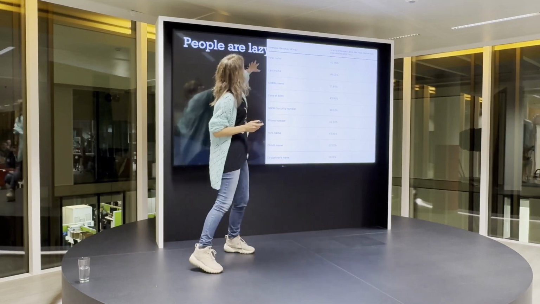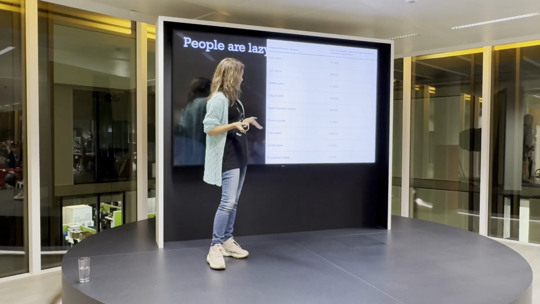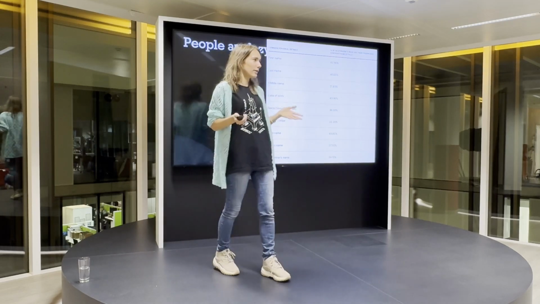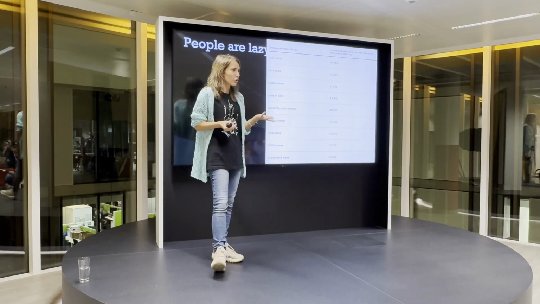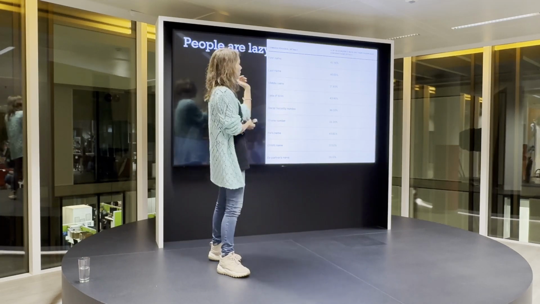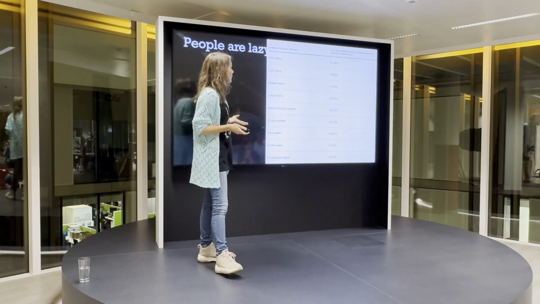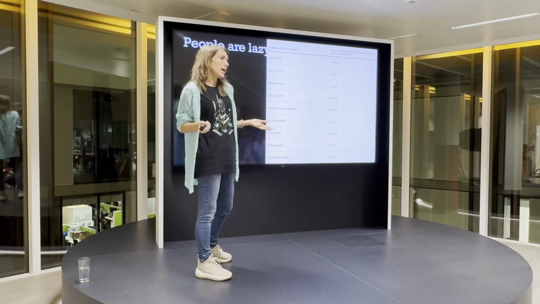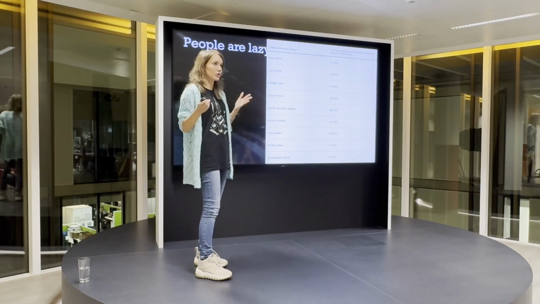So, yeah, I see. People are lazy. And usually people use in their passwords their names, their birthday, the names of their cats or whatever. So it's not a very secure way, right? Because some people can brute force your password because they know some information about you. They can try different combinations and whatever. So it's not a good story since the beginning. But this way of keeping our credentials with username and password has existed for all time. So we just need to be open to a new generation of technologies.